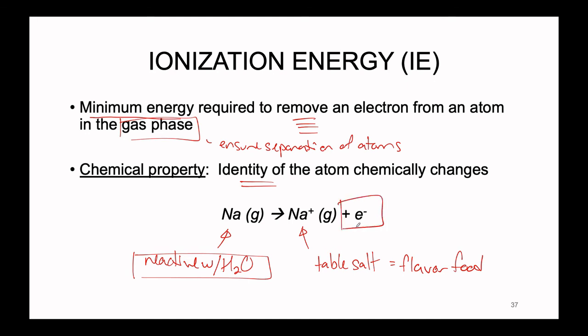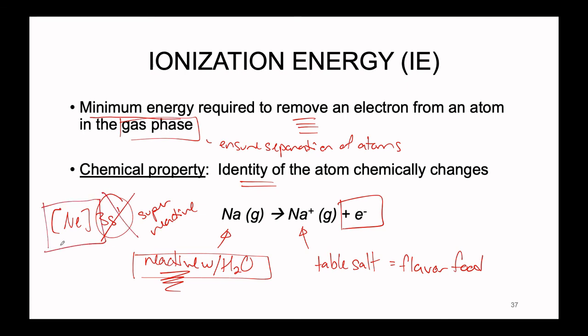We have taken one single electron away from our sodium, and its properties fundamentally change. The reason why this happens, why the difference of one electron makes such a big difference, is again, if we observe the electron configuration for our sodium, which is neon 3s1, this one valence electron is super reactive. So if the one electron is still present on your species, it's going to be super reactive. If we lose this, and all that remains is a sodium plus with a really nice stable charge, we're going to get something that is not so